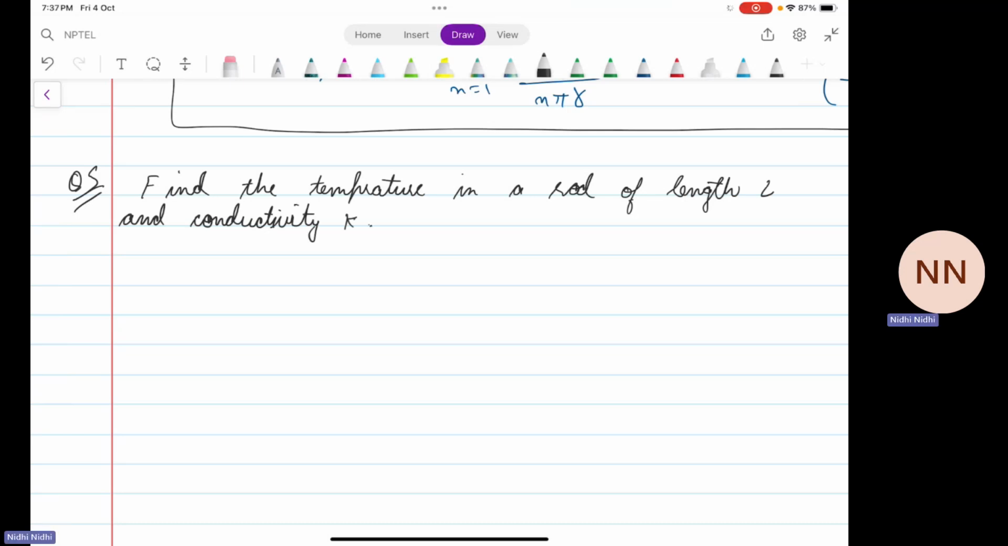which is at uniform temperature of 50 degrees Celsius. So the rod initially was kept at a uniform temperature throughout. Everywhere the temperature was 50 degrees Celsius. Now suddenly